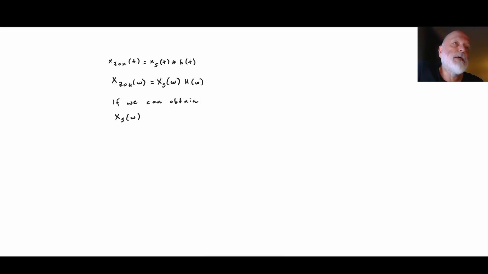However, we have to be careful with such operations because H of omega is expressed in terms of a sinc function which has zeros. So at those zeros, the division is not defined. However, we do not have to deal with such problems, as we see in a minute. Now, if we can obtain X_s of omega, then